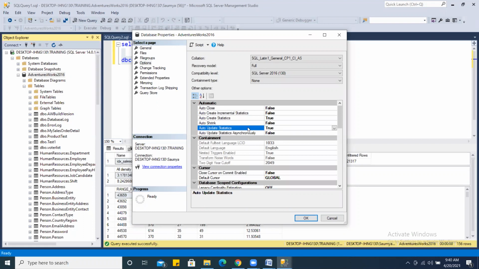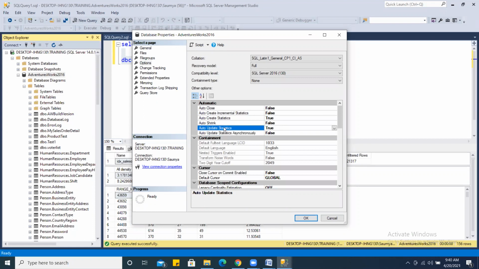Although it is recommended to set it to true, there is a drawback. What is the drawback? This is the question asked in the interview. What is the difference between auto update statistics and auto update statistics asynchronously?